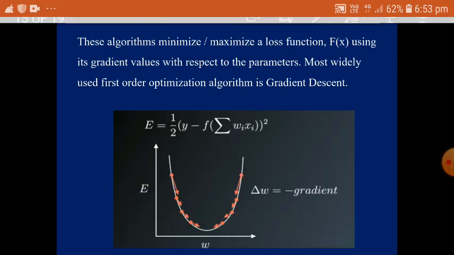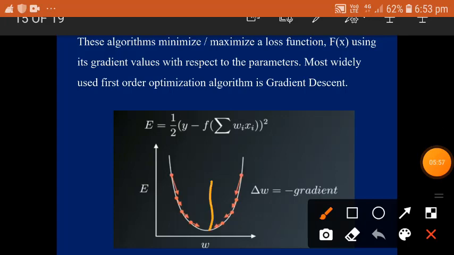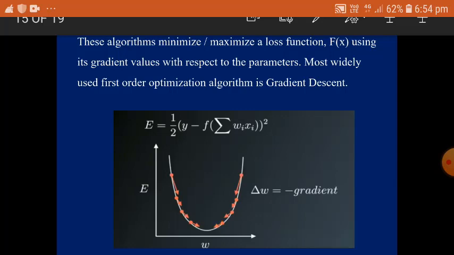See here, the error is very less. When the weight is this much, the error is almost very less. So we have to identify that. So the first order derivative basically gives us a line which is tangential to a point on its error surface. This gradient descent algorithm works across all types of machine learning problems to optimize, and it is very fast and flexible. So first let's see how this gradient descent algorithm works.